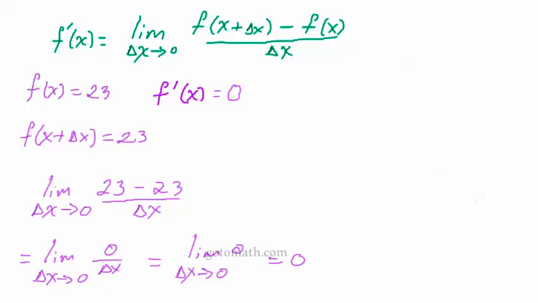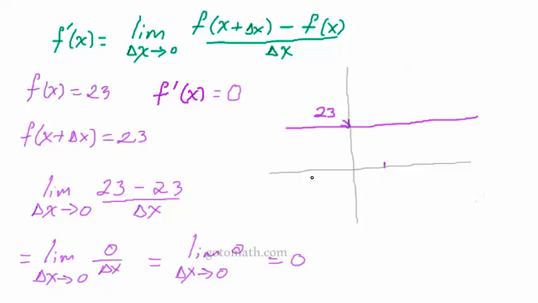Now back with the tangent line, this is kind of worth noting. If we were to graph this function, let's just do that. So what is this? It's just a constant, and that means it's just going to be a horizontal line, which I'm going to attempt to draw, and of course it's passing through the y-axis here at 23, right? Now if you picked any point on the x-axis, any x value,